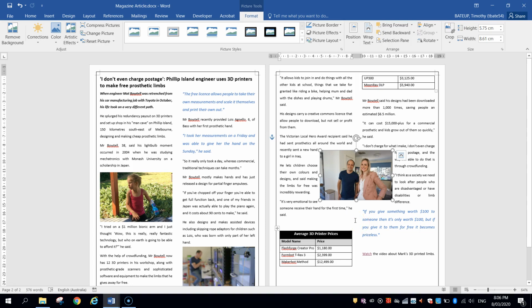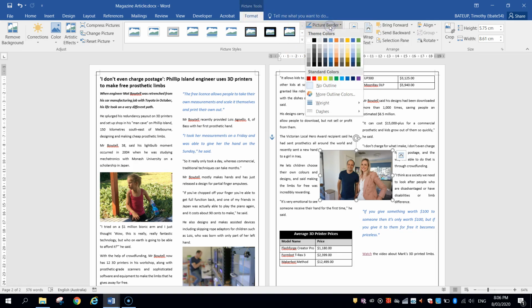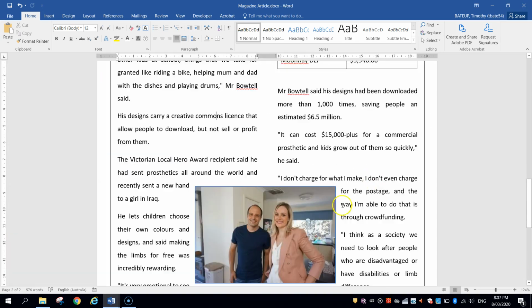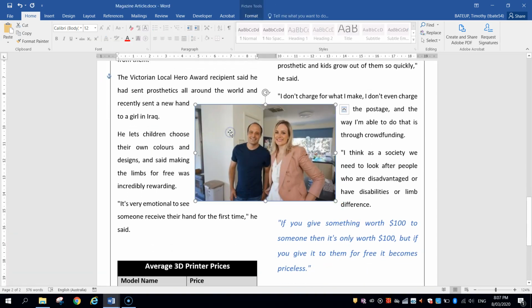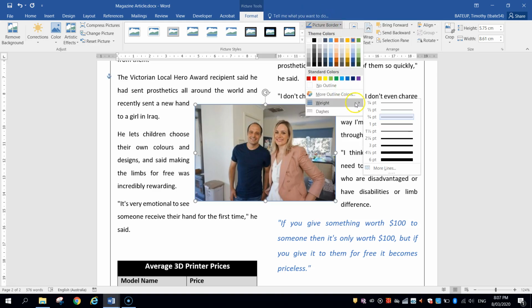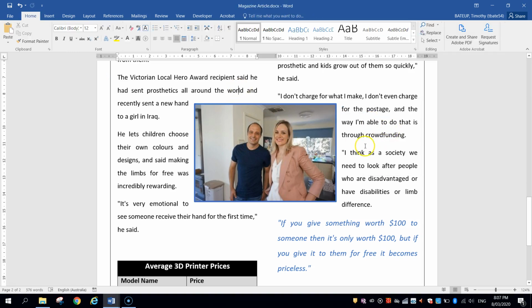Alright, so something else we can put on these pictures is a border. So if you double click on a picture, you end up on this Format tab, and you've got a picture border option here. I'm going to go with a blue border that kind of matches these quotes that we've got here. So I'm going to go with this blue color. And if you click off it, you can just see that border. I'll zoom in. You can just see it. It's pretty skinny though. So going back to that picture border option, you can change the weight of that line and make it a bit thicker. I think 2 1/4 might look a bit nicer. You can actually see that border.